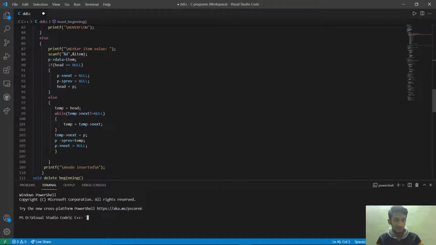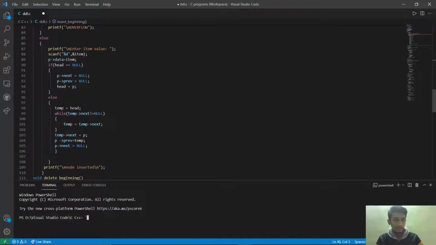If it is not the first node, if a node already exists and we are creating the node at the end, then we create a temporary variable as head. While temp of next is not equal to null, we make temp go to the next value. Like if we have 3 or 4 values and it is pointing at the first, we have to make that pointer come to the fourth value, so that we can create another node at the end using it.